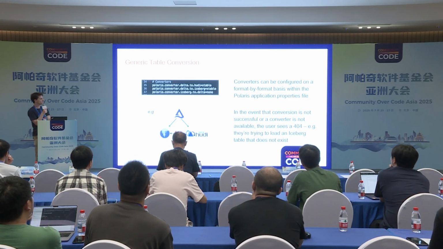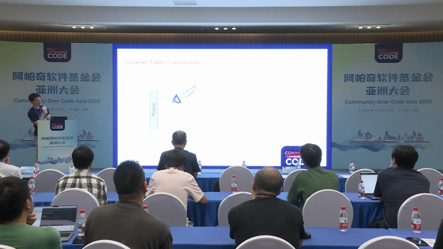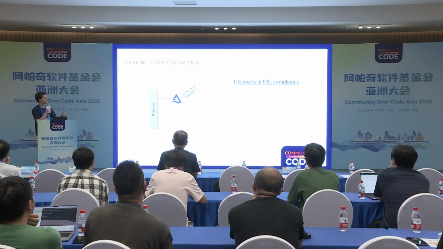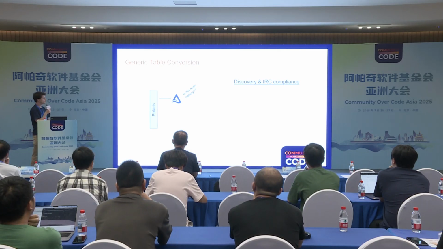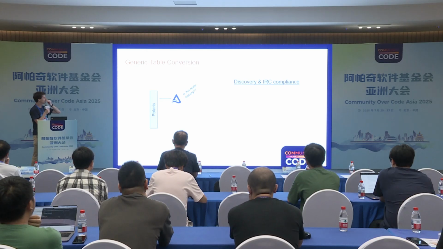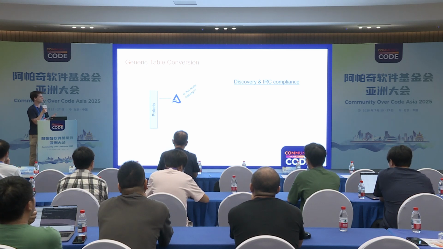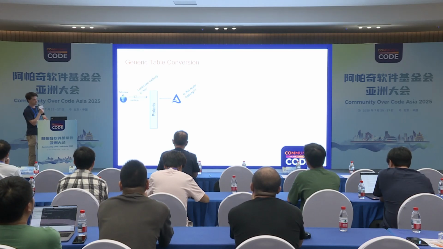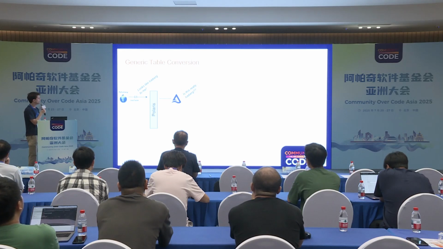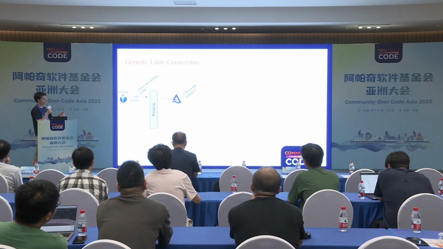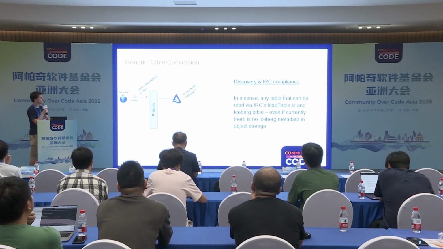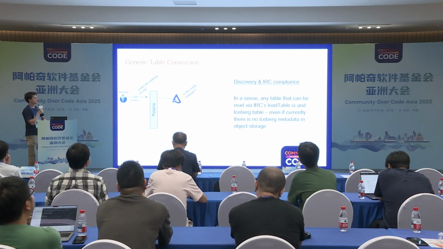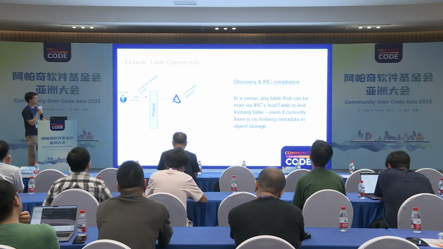Now this is kind of unintuitive, right? You might wonder if this is really compliant with the Iceberg REST spec. Because Polaris is looking at a Delta table and it's loading it through load table, right? The Iceberg REST spec says that load table should only load Iceberg tables. But from the client's point of view, it is an Iceberg table, right? I mean, he calls load table, he gets Iceberg metadata, he can write to the table, he can do all the other things you can do with an Iceberg table. So in a sense, we can really consider this an Iceberg table,